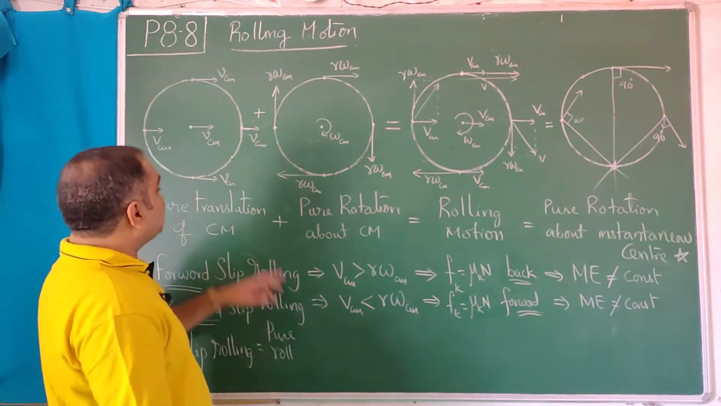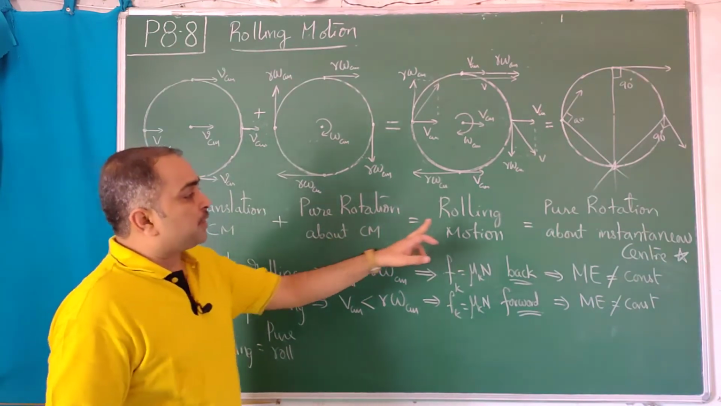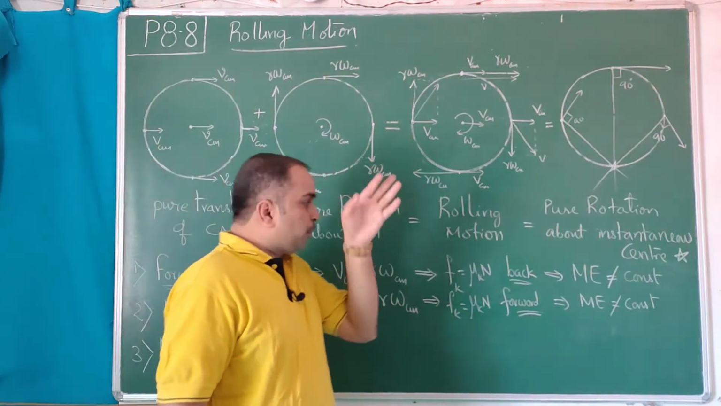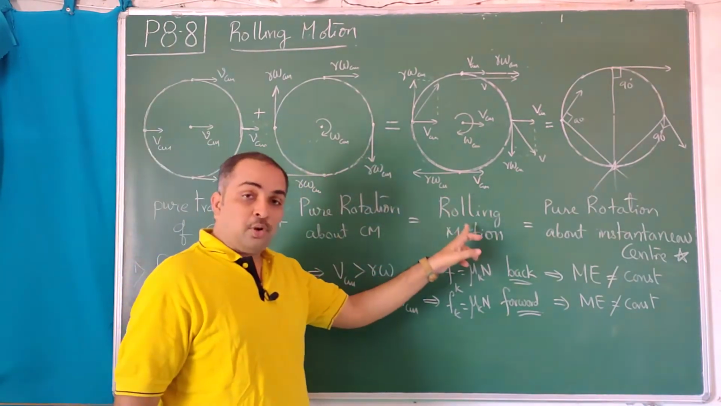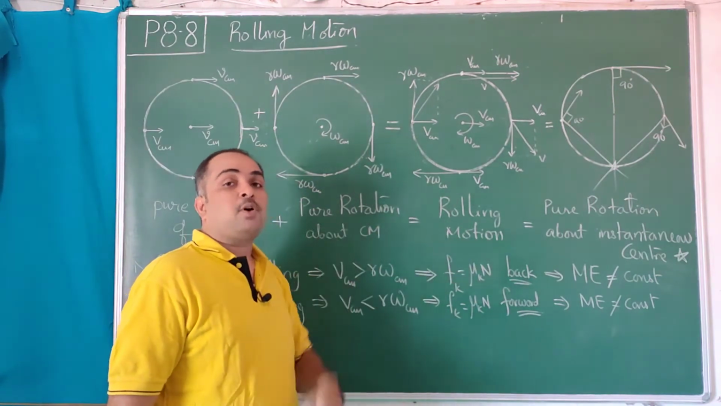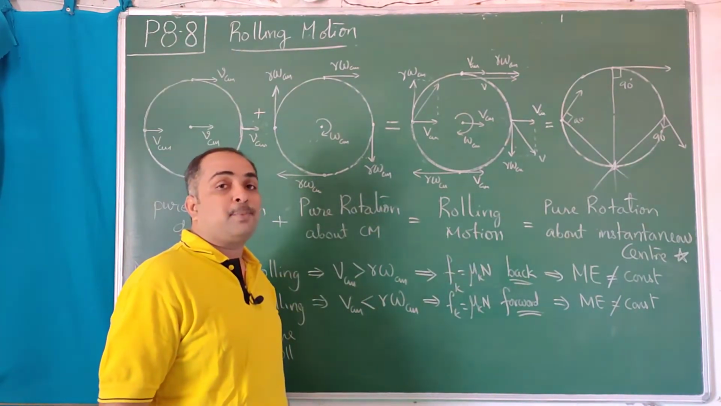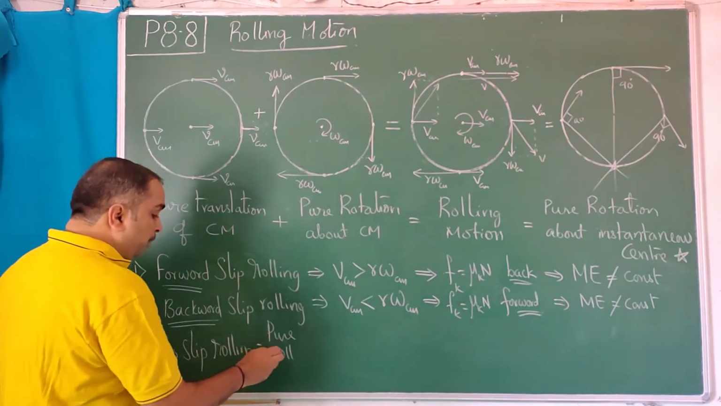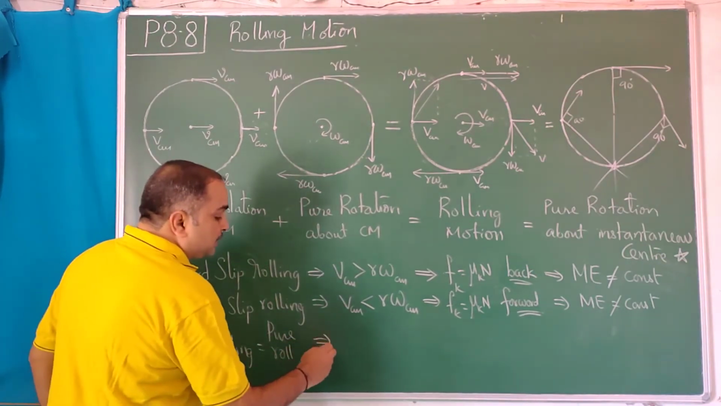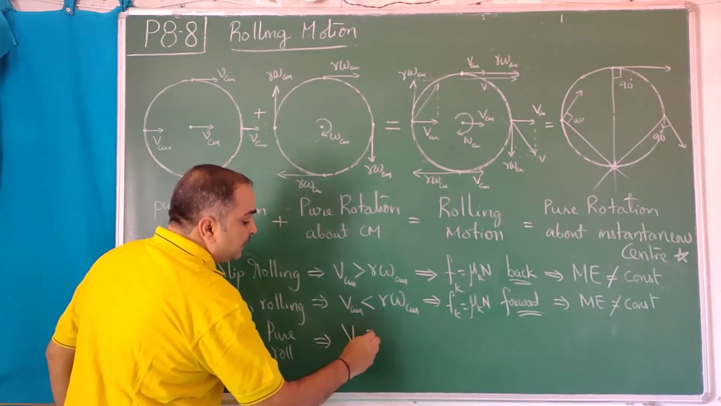Some students by mistake think that pure translation plus pure rotation is equal to pure rolling. No. Pure translation plus pure rotation is equal to rolling. In that rolling there are three types: forward slip rolling, backward slip rolling, and no slip rolling. And we are now talking about pure rolling, in which translatory part and rotatory part will be same, VCM equals r omega,